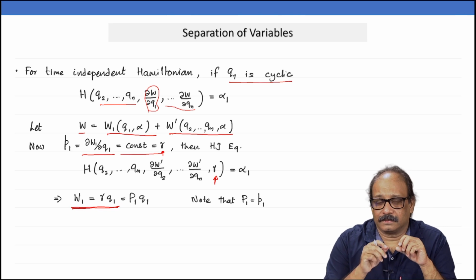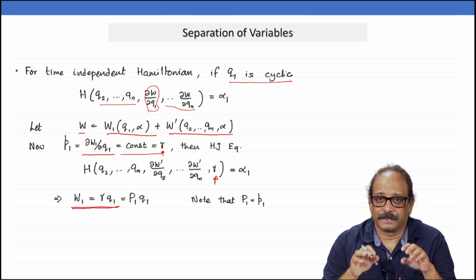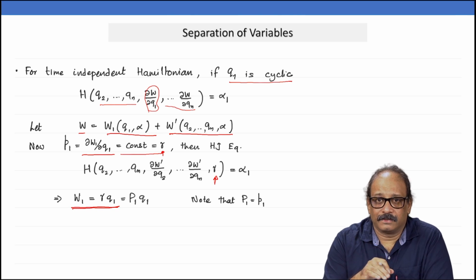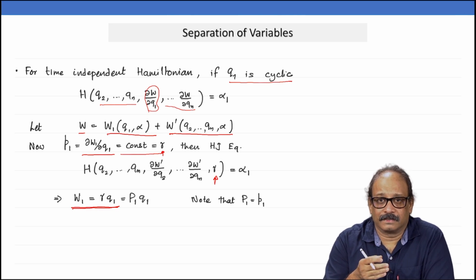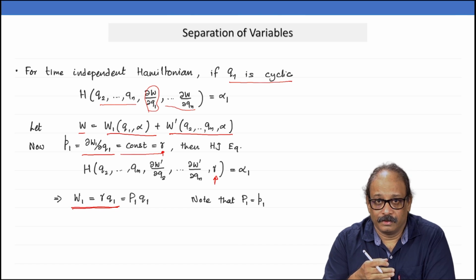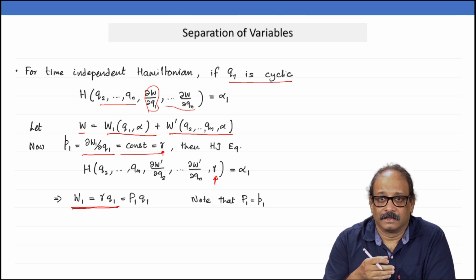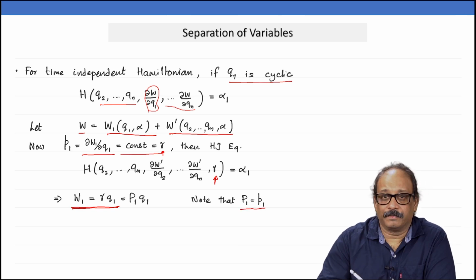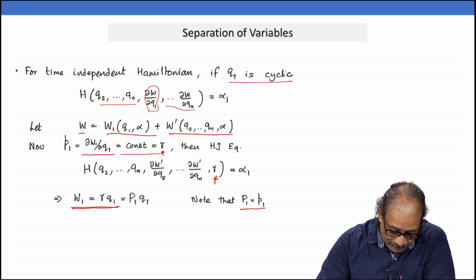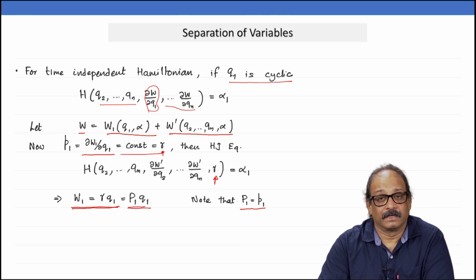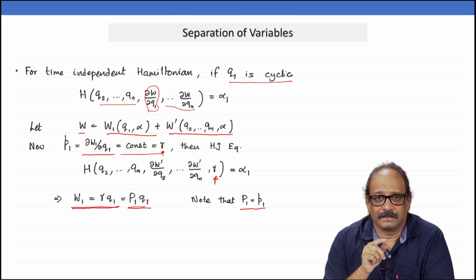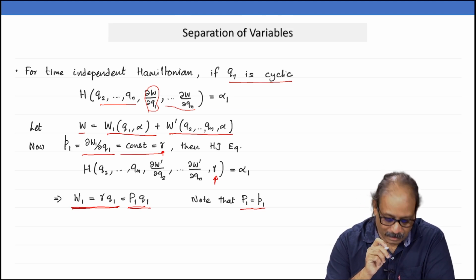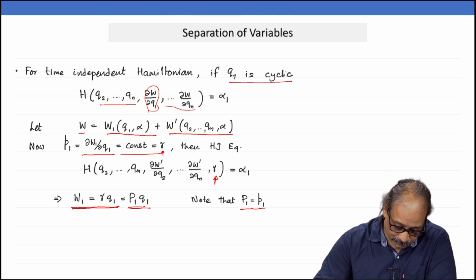And see, this is in fact expected. I wanted to shift or transform to a new coordinate system where the new canonical coordinates are cyclic, but Q1 is already cyclic. So, I really do not need to change this one. In this case the new momentum capital P1 will be small p1, and in fact that is what will go here as P1 Q1. And what is this? This will in fact generate the identity transformation for the Q1 variable. Okay. Fine, Q1 P1 pair.